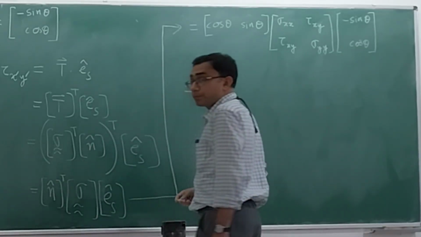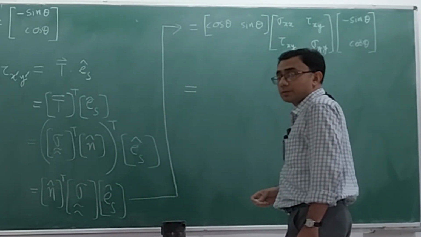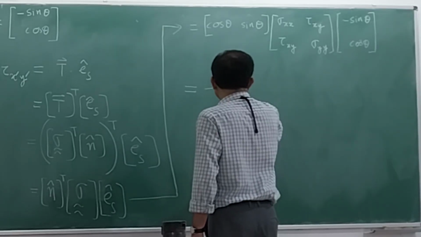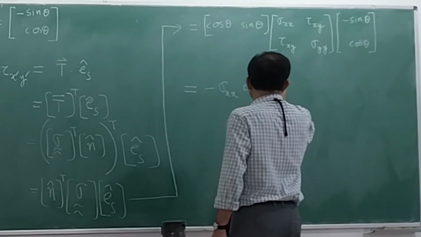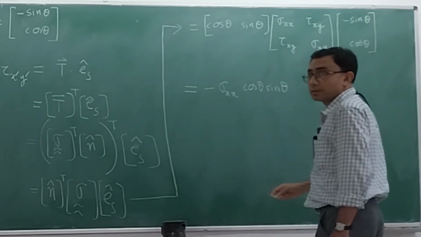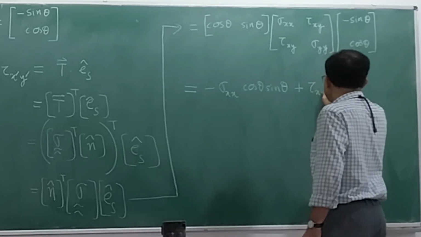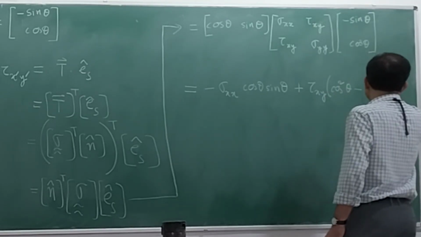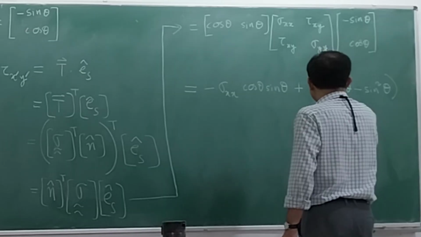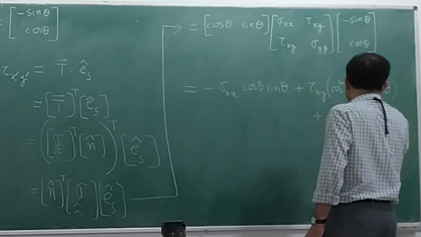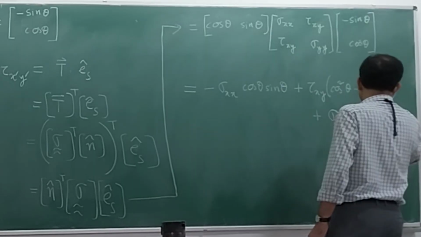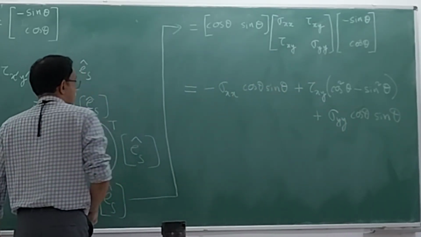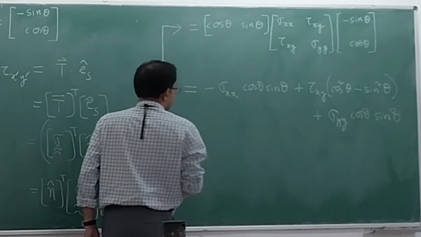This is equal to minus sigma xx, minus sigma xx cos theta sin theta, okay? Plus tau xy, cos square theta minus sin square theta, plus sigma yy cos theta sin theta. Okay? So, this is